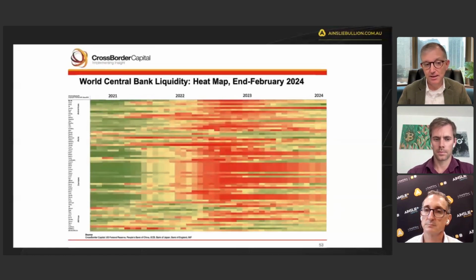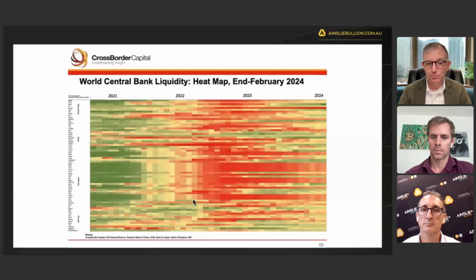We can see it here with the green areas indicating what we had back in 2021, sort of coming out of COVID, where we had the massive liquidity injections into the system. Down the side, we have all the countries of the world, and the more green you see, the more countries that are injecting. Here was the contraction going on that we went through when you looked at the ups and the downs of that cycle, and we're clearly starting to see green coming back into the heat map again here. So it's the same chart, just a different way of visualizing it,